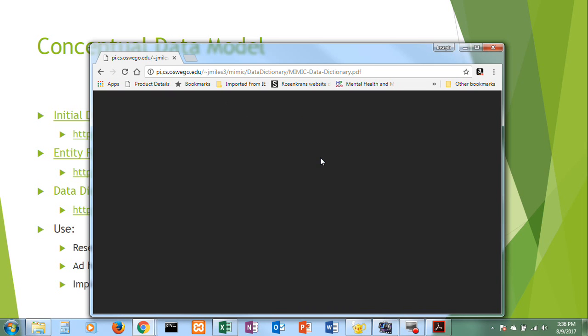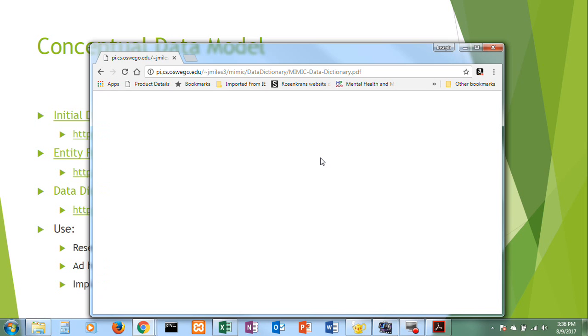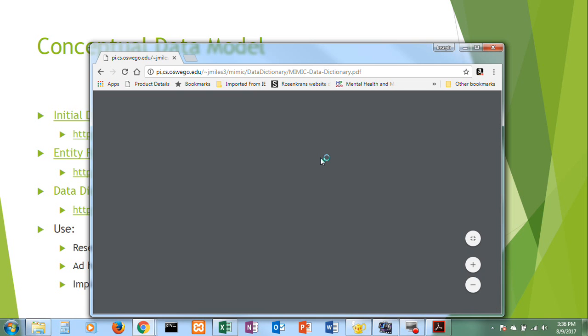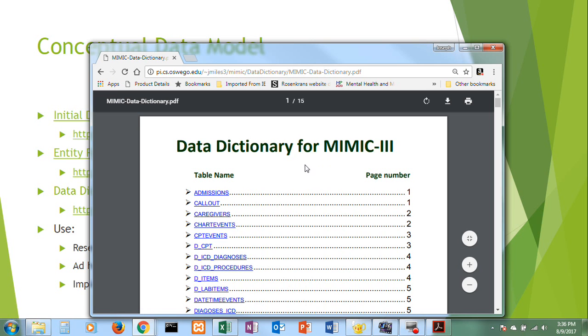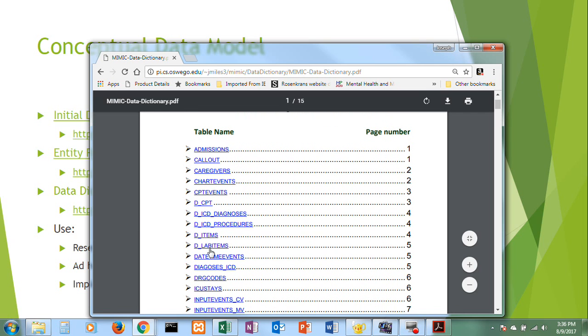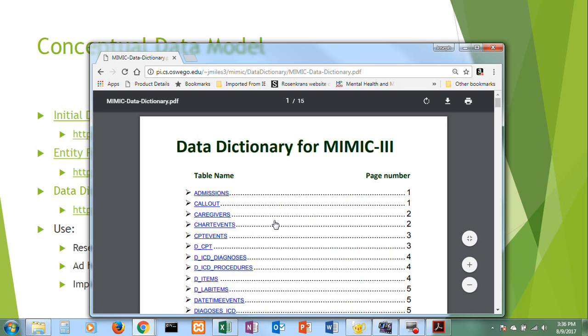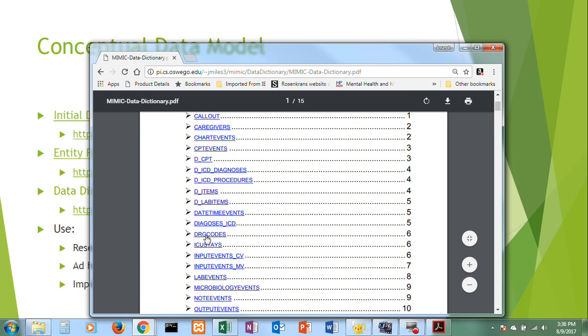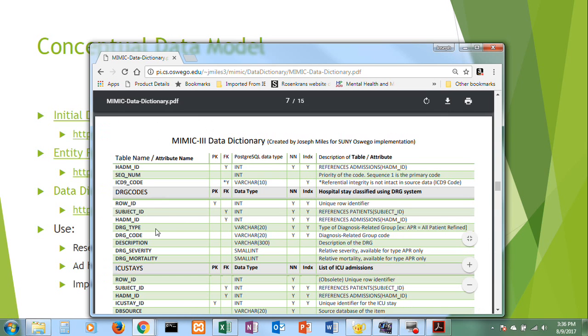seen. There's a link at the top here, and this may take a couple seconds to load because it is fairly large. Again, I forget the exact number of columns that I mentioned earlier, but it's a lot. Table of contents here, listing the different tables which you can click on, and it will bring you to that particular table and each of the attributes, along with whether it's primary key, foreign key, not null, whether it's indexed by MySQL, and then